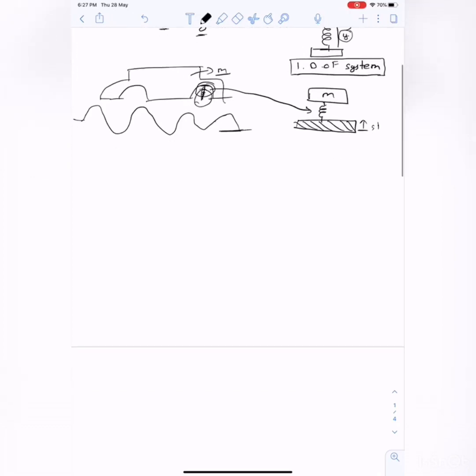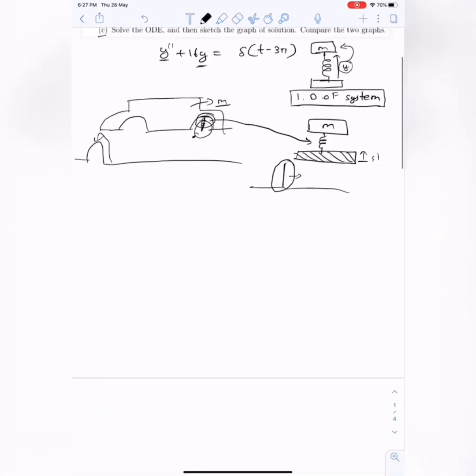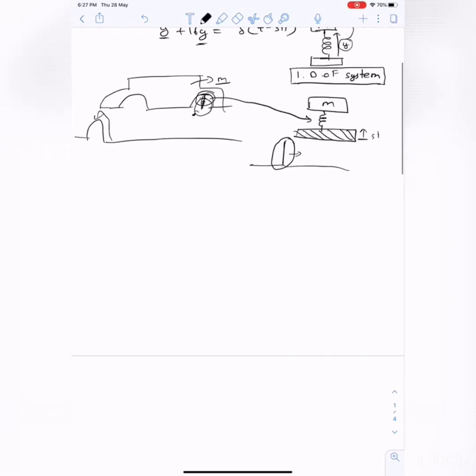But say you want to model it so that this car doesn't go through something sinusoidal, but just goes through a bump. So this wheel just goes through a bump. Basically there won't be any displacement of this base for a long while, and then it suddenly goes over a bump, and then it just falls back again. So here you would require a direct delta function to help you model a situation like this.